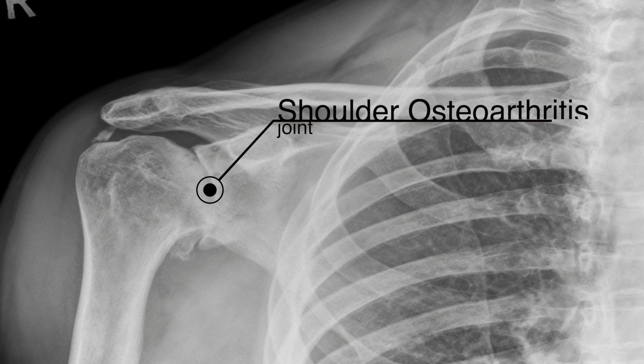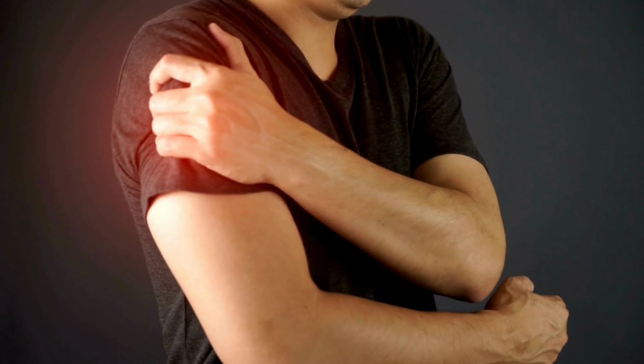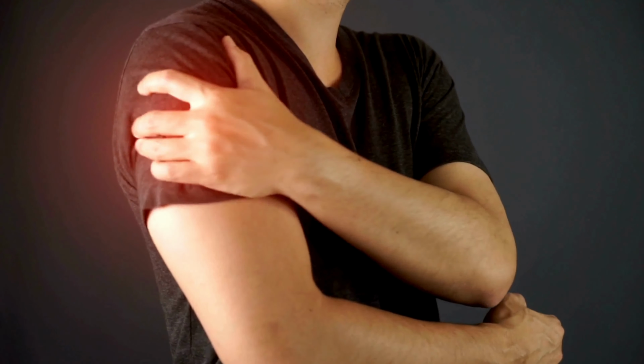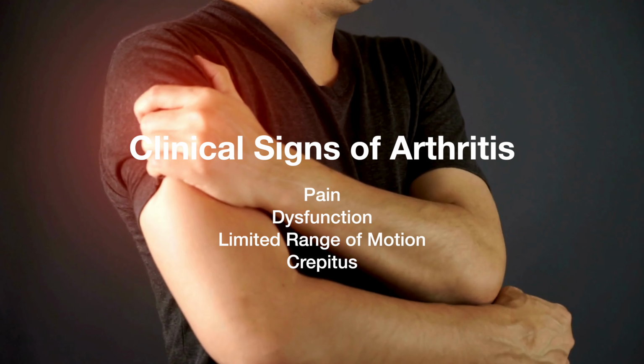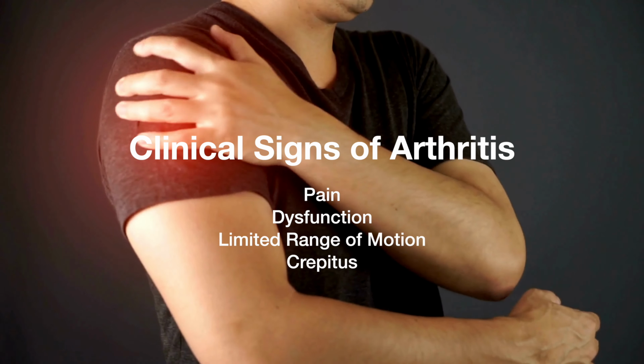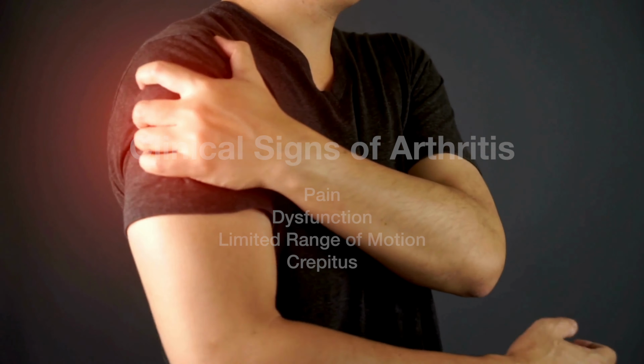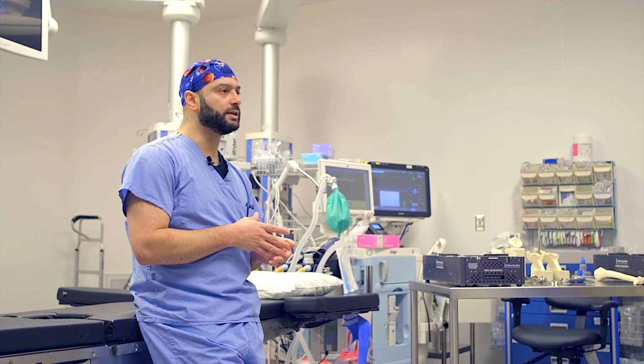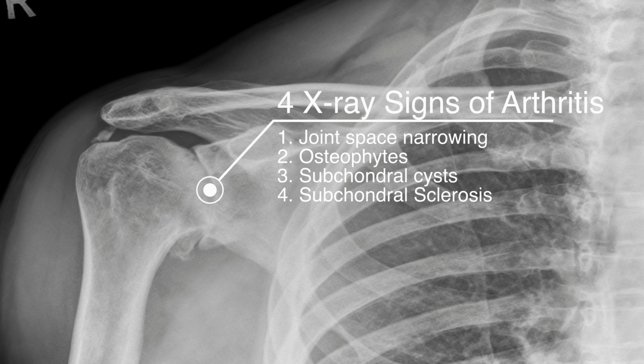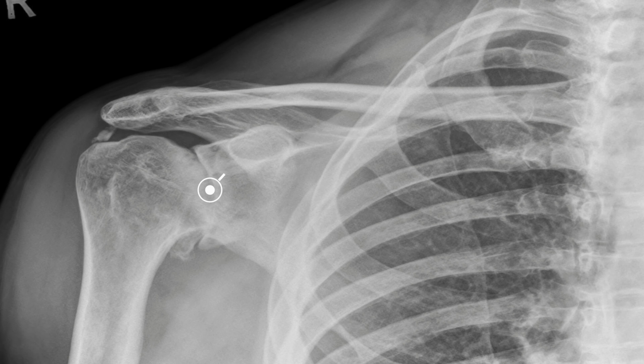We typically diagnose arthritis based on both the clinical and the radiographic side. So clinically, you need someone who has some symptoms from the arthritis, which essentially means pain, decreased range of motion, sometimes clicking or what we call crepitus, or crunching, in the shoulder. And then radiographically, you want to see the joint space narrowing, which is basically what indicates the cartilage on the X-rays. And once you see that narrowing and getting bone on bone or close to bone on bone,